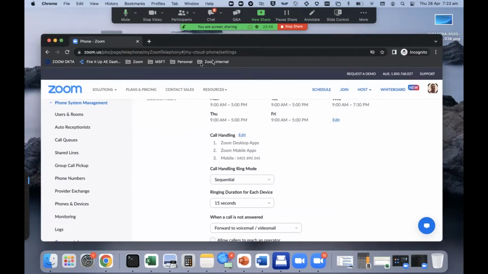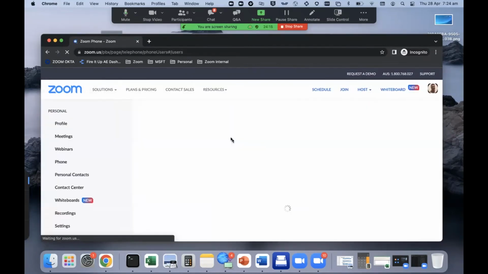So if I look at the admin side of things, there's 3 menus on the left here in the phone system admin. One is users and rooms, one is auto receptionist, and one is call queues. So with these 3, as I said, if you don't have physical phones, you can build a system using these 3 menus. So if you take a look at users and rooms,